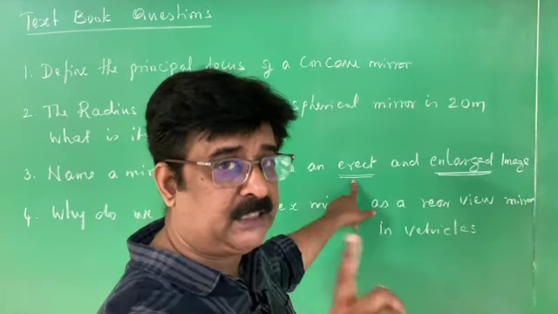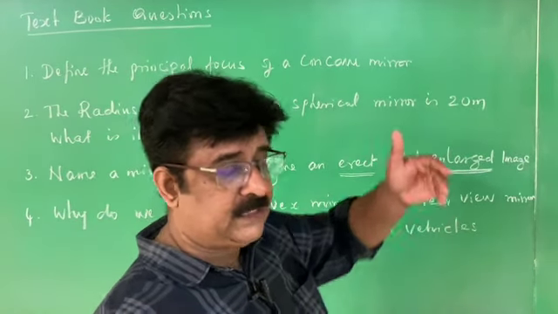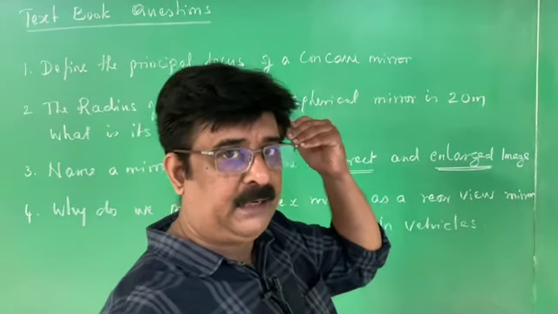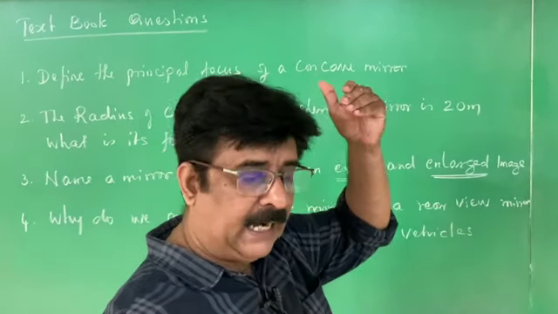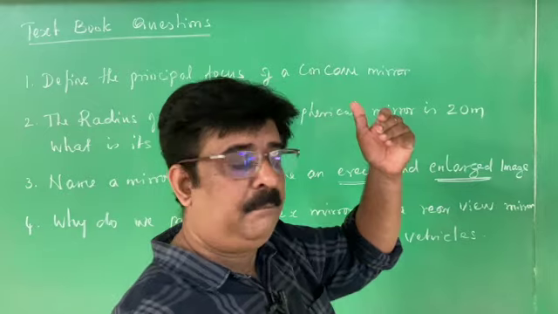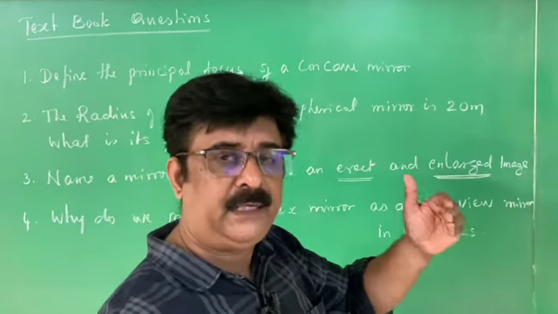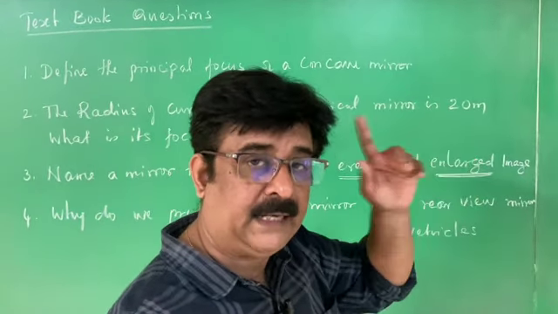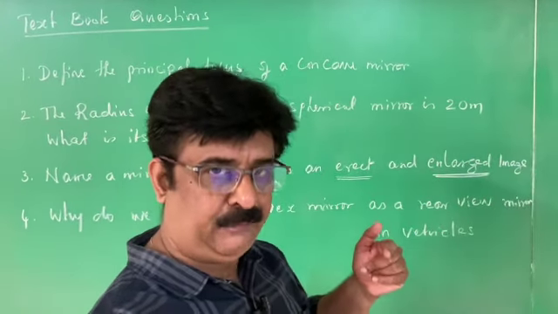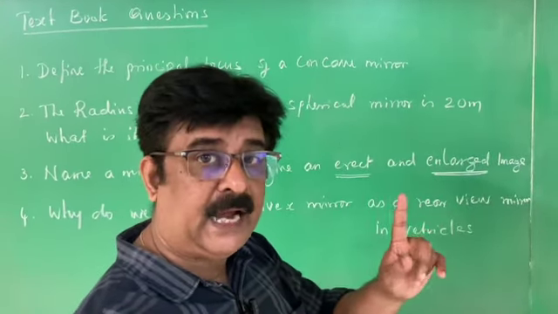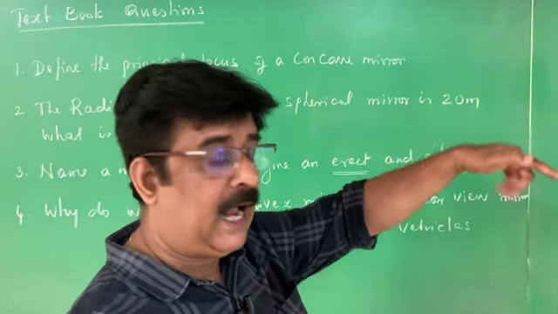There are 6 positions where we can keep the object. One is at infinity. We get an inverted image. Beyond C, we get an inverted image. At C, we get an inverted image. Between F and C, we get an inverted image. At F, we get an inverted image. But when the object is placed between P and F, we get an erect and virtual image, and it is